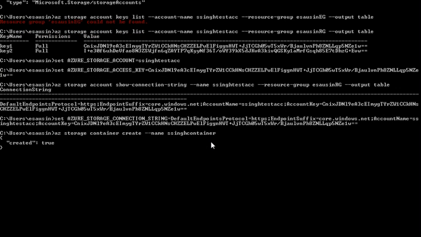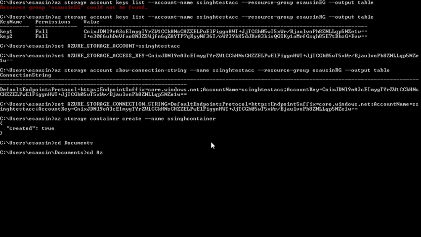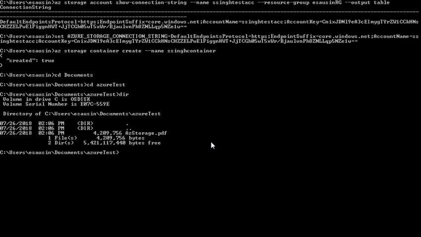You can, of course, as an option, also set public access off, or you can have public read access, or you can have public read and list access to the container as well. So there are optional parameters. You can put public access, and then you could do that as well. Now what I will do is I'll try to upload a file to this blob. I've already stored it, and so I will upload this as your storage.pdf